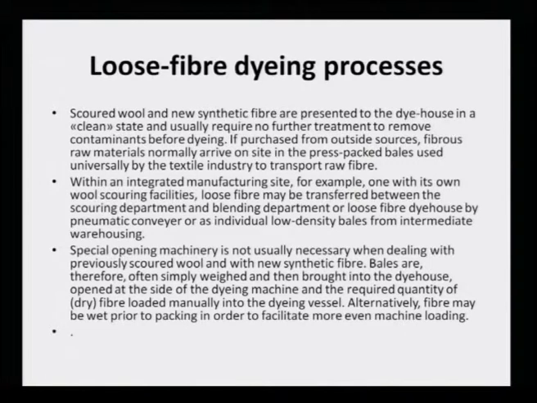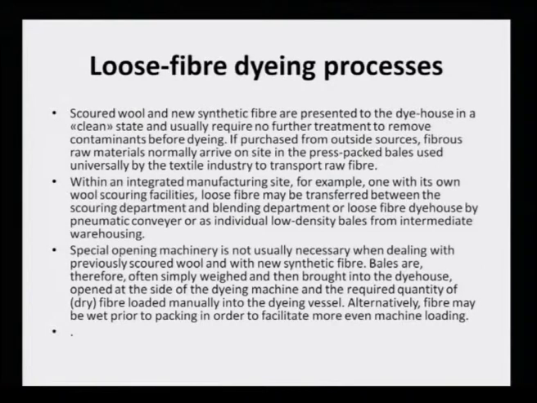Within an integrated manufacturing site, for example, one with its own wool scouring facilities, loose fibers may be transferred between the scouring department and blending department, or loose fiber dye house by pneumatic conveyor or in individual low density bales